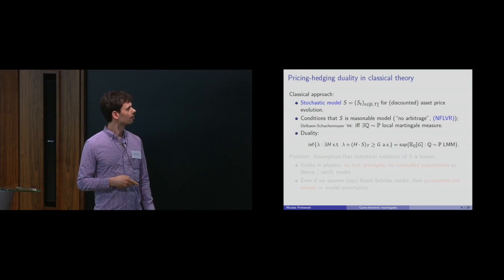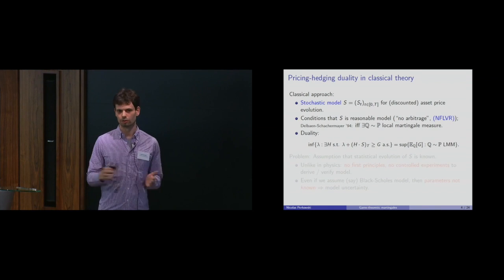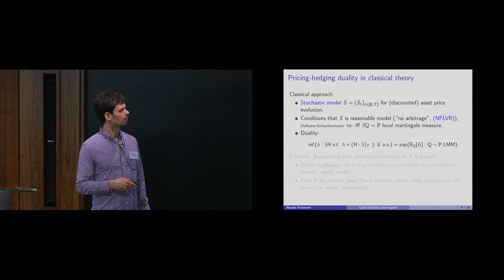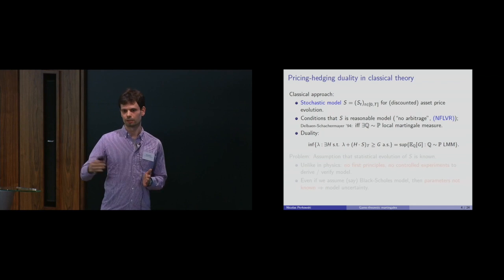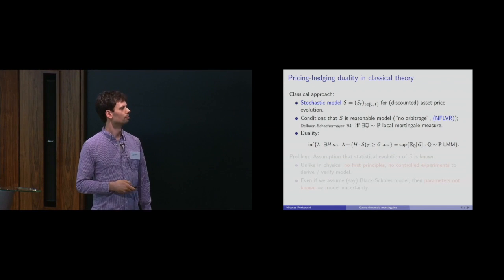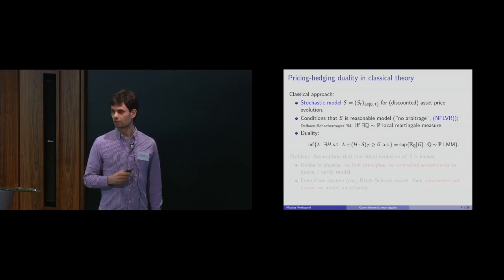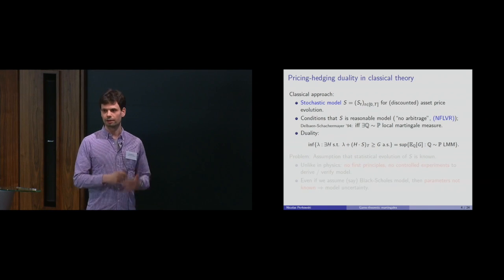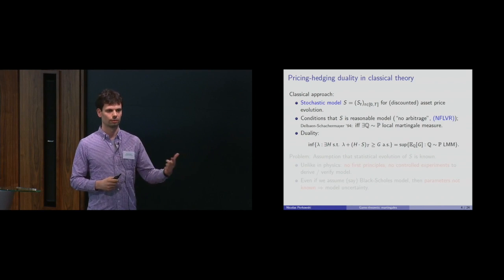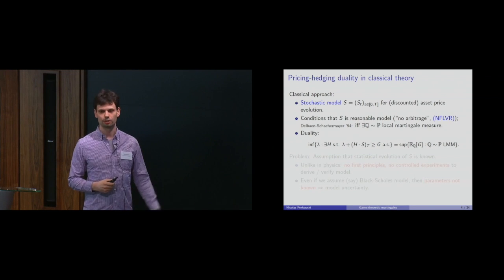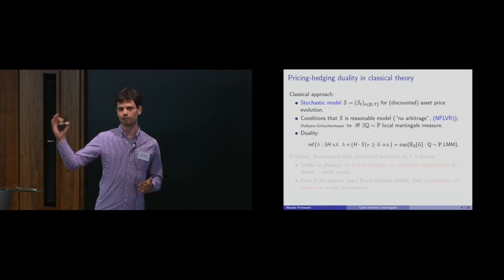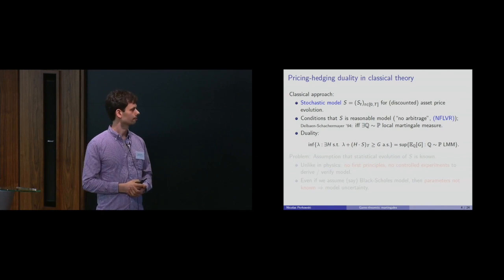The next thing you can observe is, if now you want to price some derivative, so the derivative is just some random variable, then the minimal superhedging price, where you superhedge trading dynamically in the asset, is given by the supremum of the martingale expectations. There are two important things here. We superhedge almost surely under the given probability measure, so it's really outside of a null set that we only have to superhedge. And the second thing is we take the martingale measures which are equivalent to the measure from which we started.